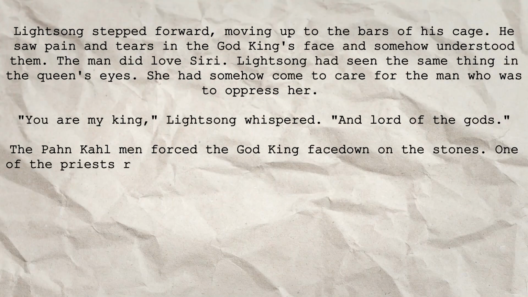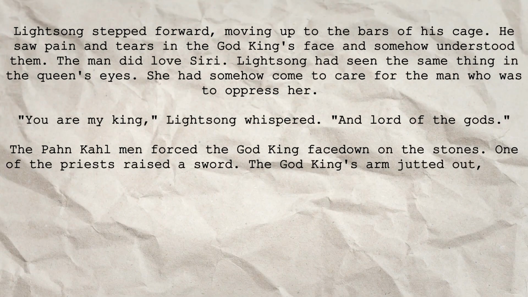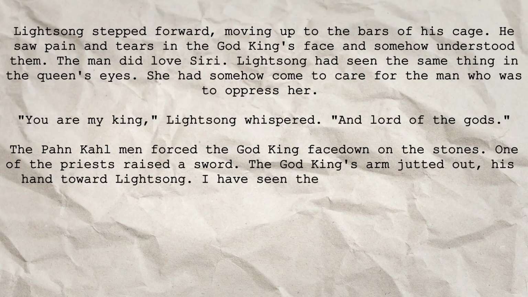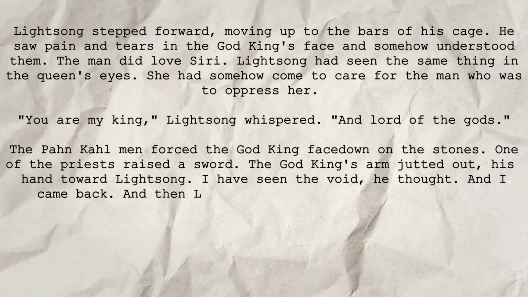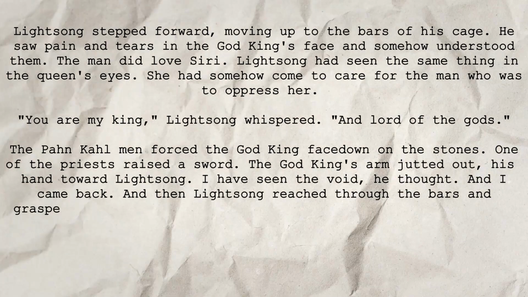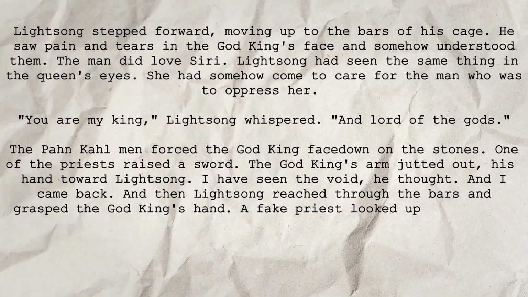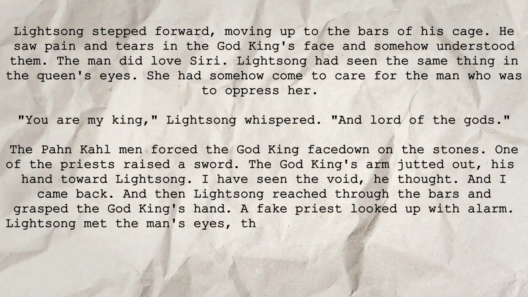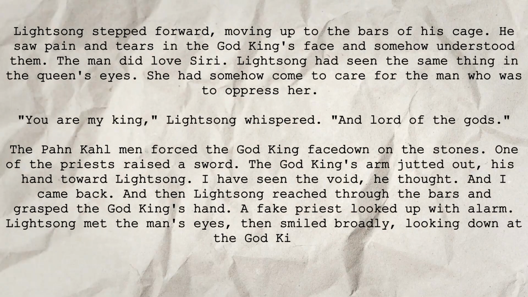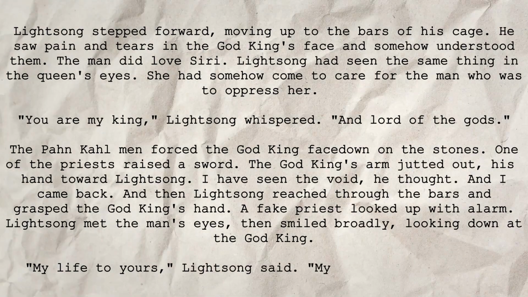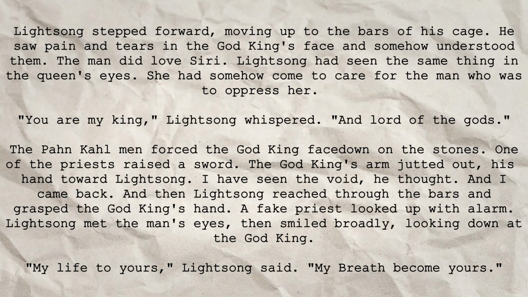The Pankal men forced the God King face down on the stones. One of the priests raised a sword. The God King's arm jutted out, his hand towards Lightsong. "I have seen the void," he thought, "and I came back." And then Lightsong reached through the bars and grasped the God King's hand. A fake priest looked up with alarm. Lightsong met the man's eyes, then smiled broadly, looking down at the God King. "My life to yours," Lightsong said. "My breath become yours." And in the Well of Ascension, this comes when Vin realizes the way to subdue the